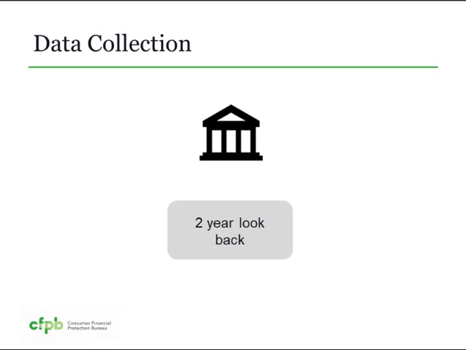An institution is only covered if it satisfies the threshold for 2 consecutive years. We call this the 2-year look-back period. The 2-year look-back period is intended to eliminate uncertainty around reporting responsibilities for institutions that may have an unexpected increase in origination loan volume in 1 year but not in the next. The Bureau hopes this will relieve some institutions of significant one-time costs, including staff training and information technology changes related